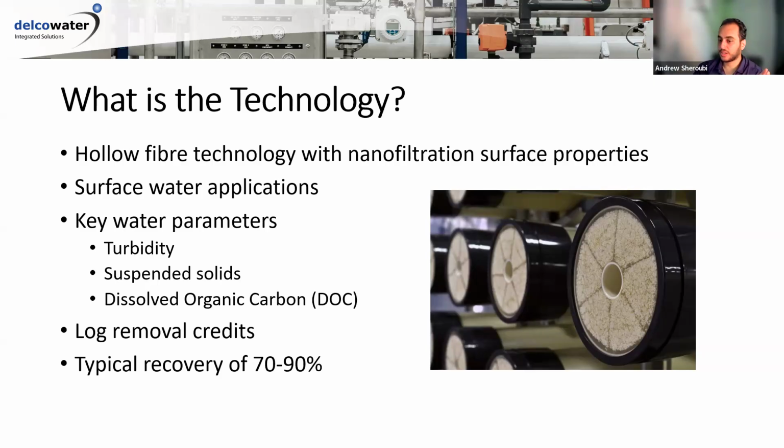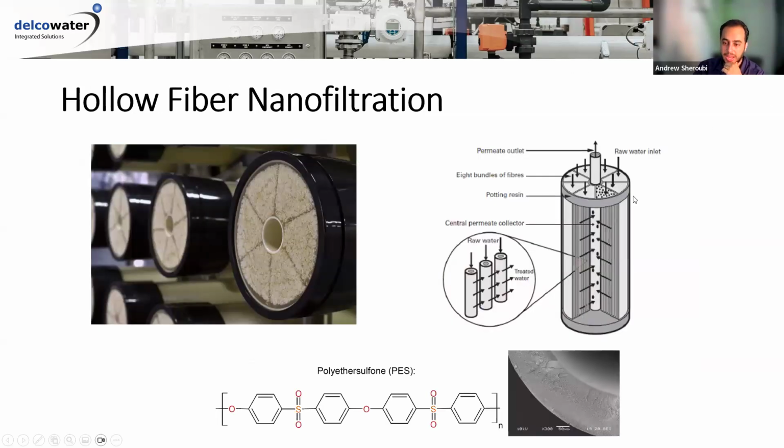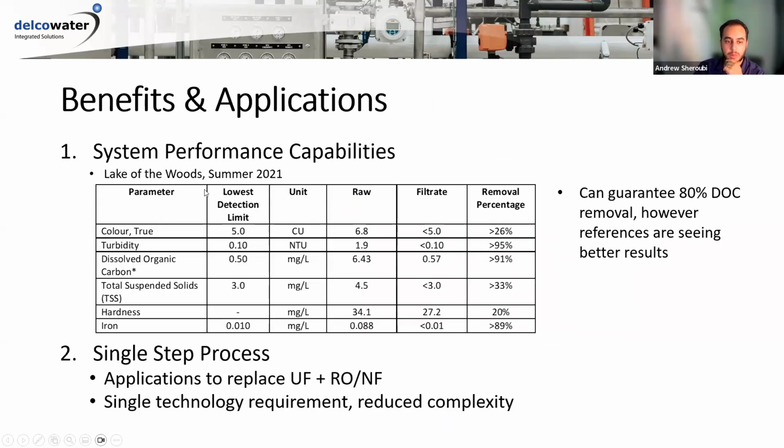And with the other technologies, there are dozens and dozens of manufacturers. But with this one, there are two in Europe, and I think one or two in China that manufacture this type of membrane. So it's a lot more limited. But again, it looks exactly like a UF membrane, just manufactured with a different polymer with a charge on its surface. This is from a First Nation application here in BC,